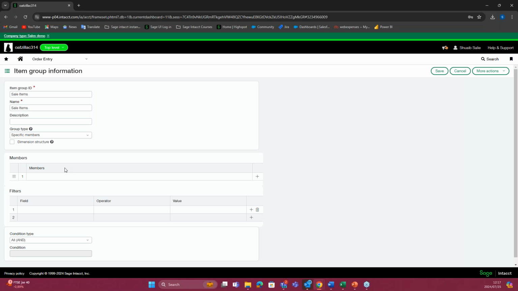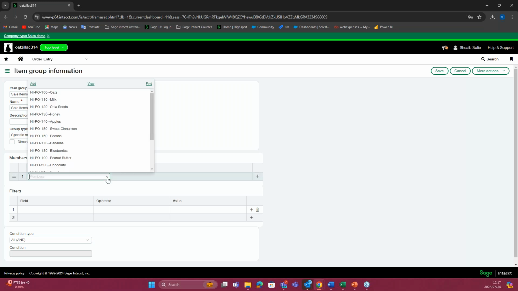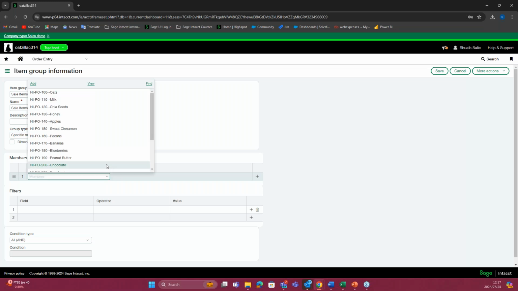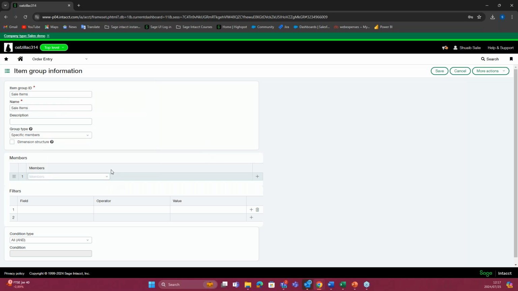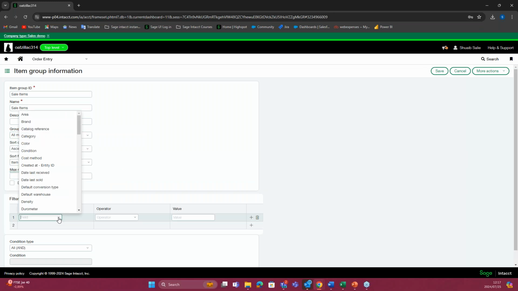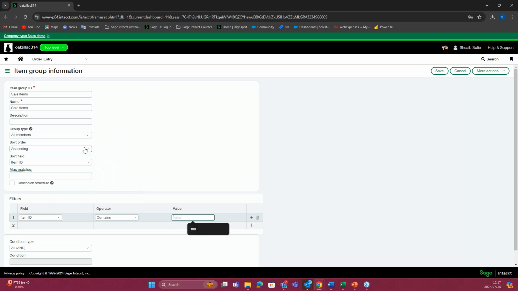So items we can use it, but if for example I want my sales items, in this case, if I add new sales items, I'll have to come in here manually and update it, so we won't be using that one. We'll be using all members, right? So we're going to set a filter to item ID, operator contains, and we're going to set a value which is the